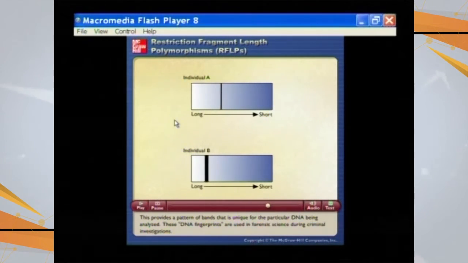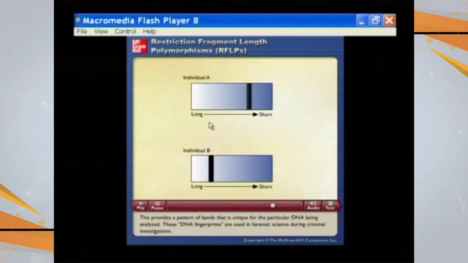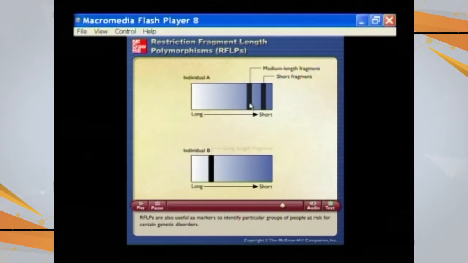Once we go with the electrophoresis, the shorter fragments are going to move faster, and the longer fragments are going to move slower. So this is the shortest fragment, this is the medium length fragment, and this is the large fragment. This phenomenon, that DNA is cut into different lengths, is called restriction fragment length polymorphism. Students, by these restriction endonucleases, we are going to have segments of DNA of various lengths.